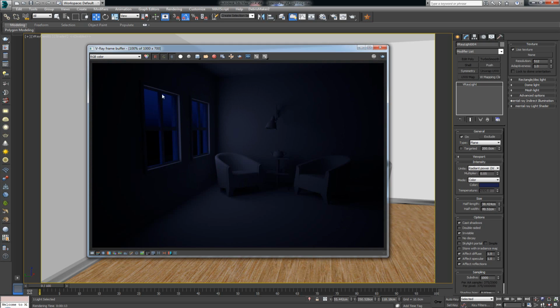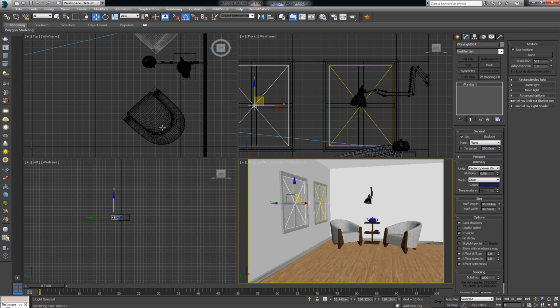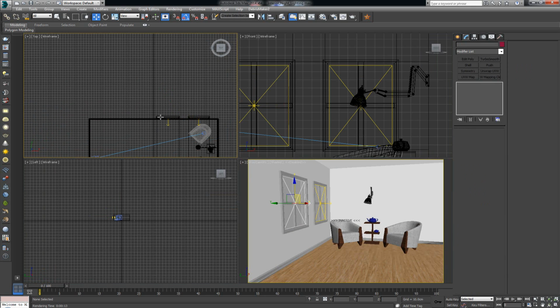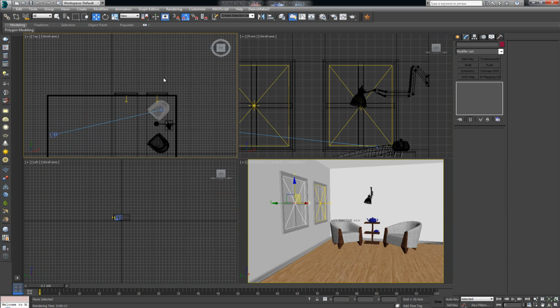So now, since we did this, the only thing that we would probably want to add would be the moonlight that would come into the room if there was a moon outside. The way that we would add the moon in this image is rather easy, because you can go ahead and utilize one of the 3ds Max native lights. So I'm going to go over to the lights section, and this time around I'm not going to use a V-Ray light. I'm going to use a standard light